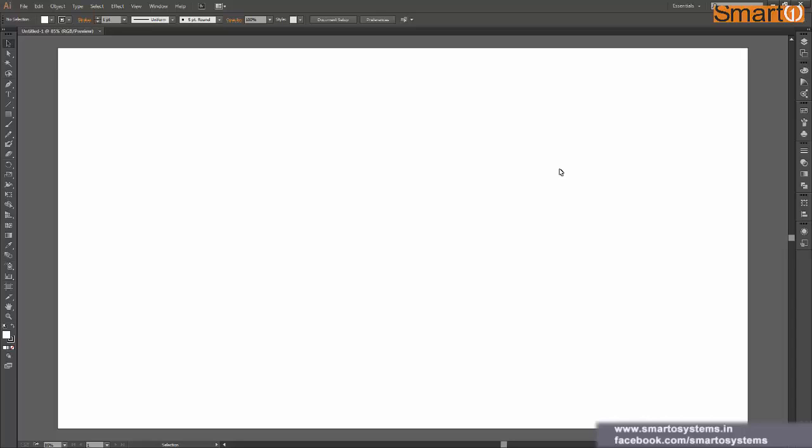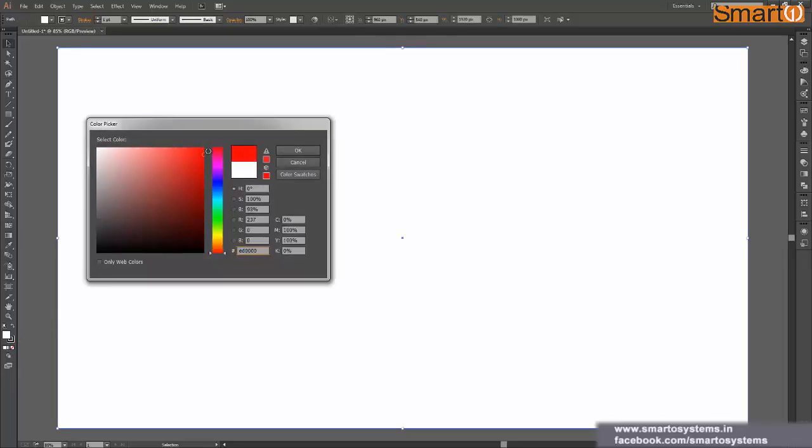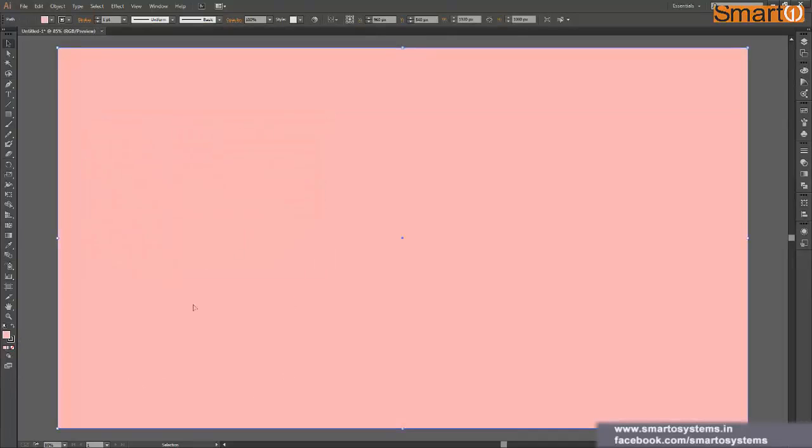So to understand shape builder tool, we need a few shapes over here. Before that, let's create a background color so that if you perform any operation on the shape and it becomes transparent, we know that there is a background behind it, and we can see that the shape has no fill inside it. So instead of filling a pink color, I think I'm gonna go ahead with some kind of